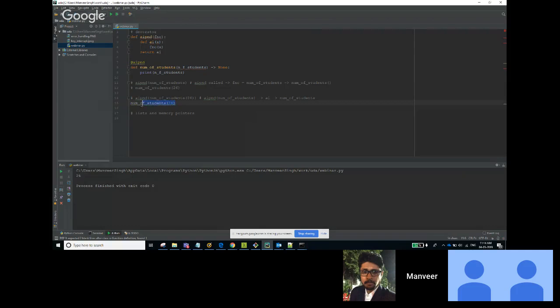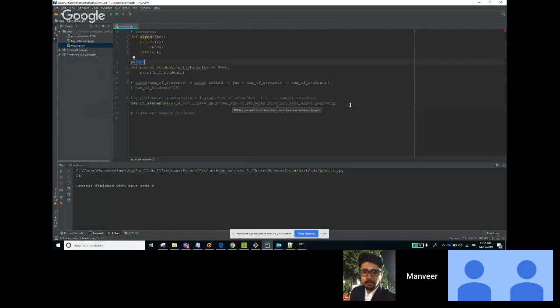What ultimately happens inside the computer is, because I have decorated the num of students function with the AIPND decorator,